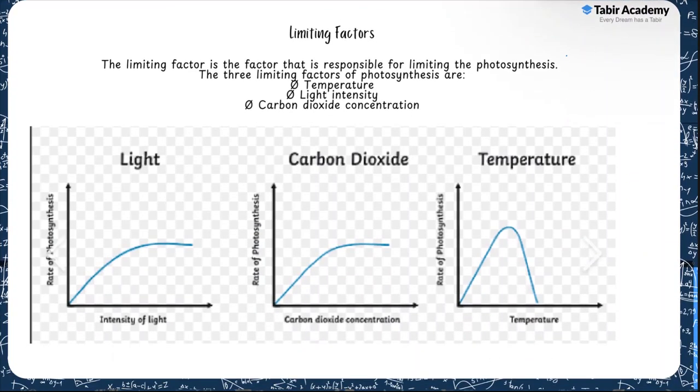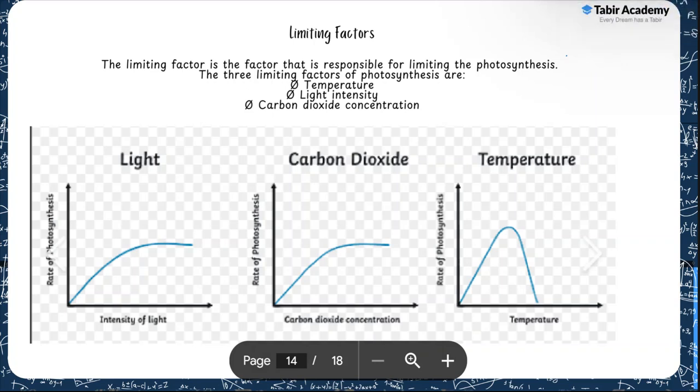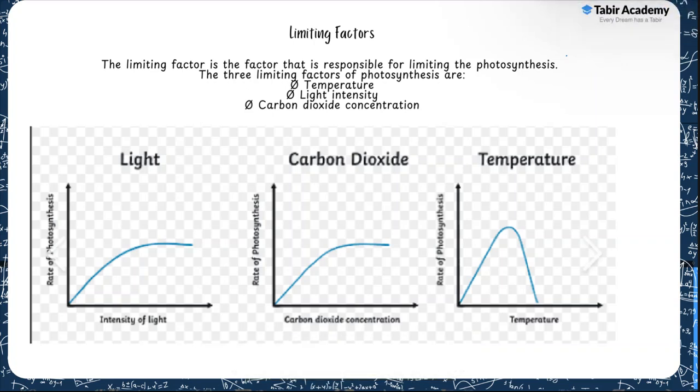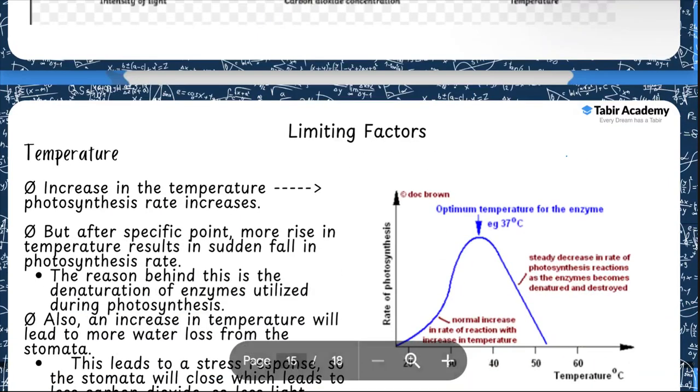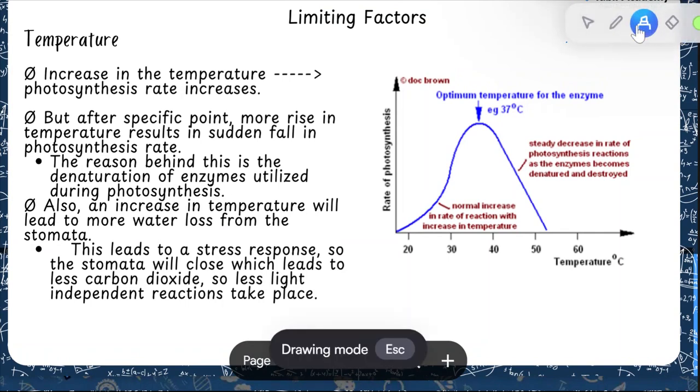So, moving on to limiting factors. Limiting factors क्या होते हैं? They are responsible for limiting the rate of photosynthesis, and there are three limiting factors. You have light, you have carbon dioxide, and you have temperature, and they have their own characteristic graphs. ठीक है? So, when we talk about temperature, जैसे जैसे temperature increase होता जाता है, the rate of photosynthesis